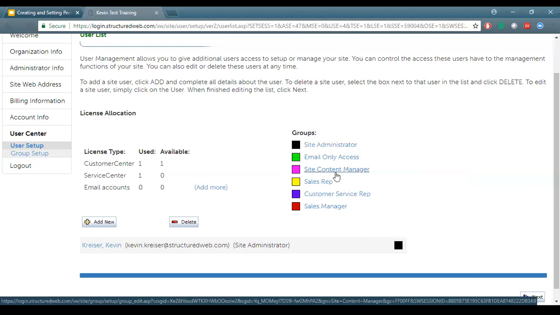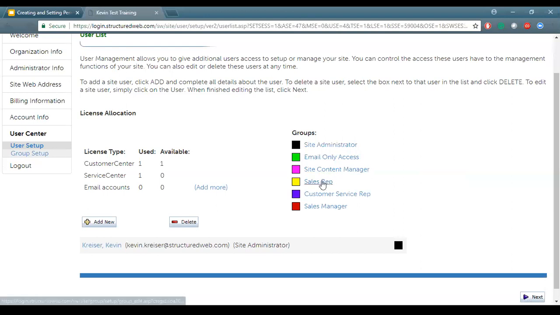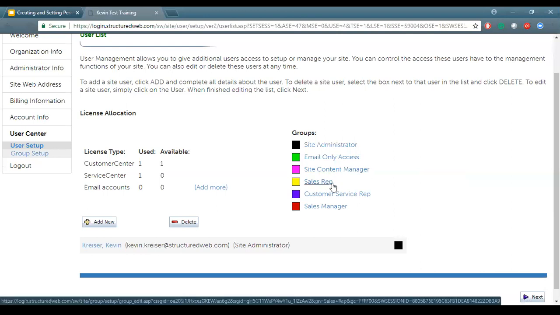The Site Content Manager is able to access the Site Center, Customer Center setup, Product Center setup, and Service Center setup. The primary purpose of this permission group is basically creating and maintaining the business's website. The Sales Rep is able to access the Site Center, the Customer Center setup, the Product Center setup, and the Service Center setup. And basically, the primary purpose of this permission is creating and maintaining the business